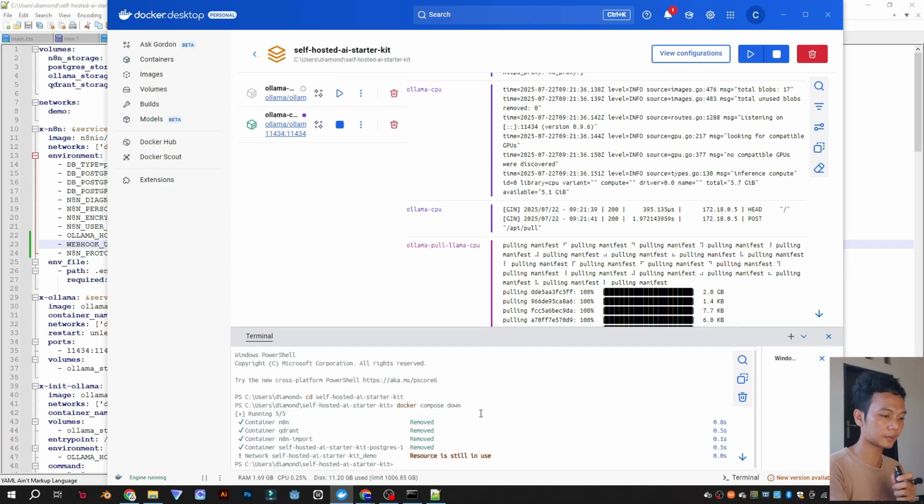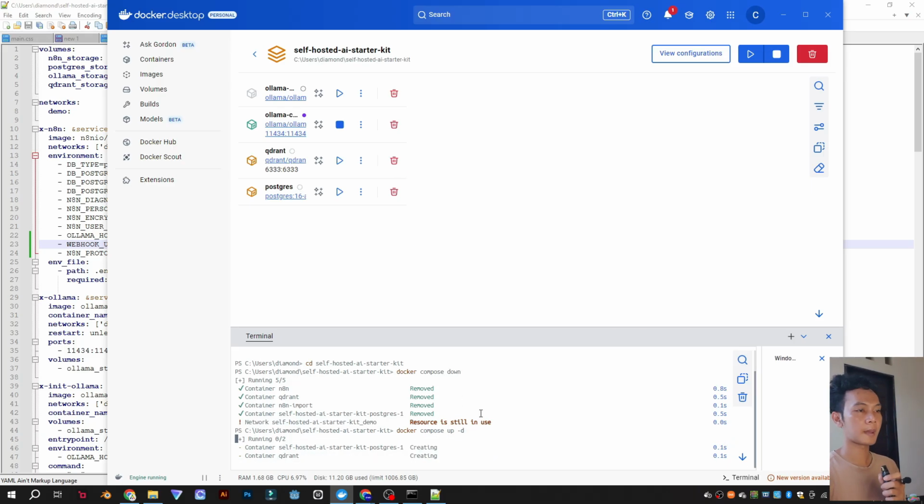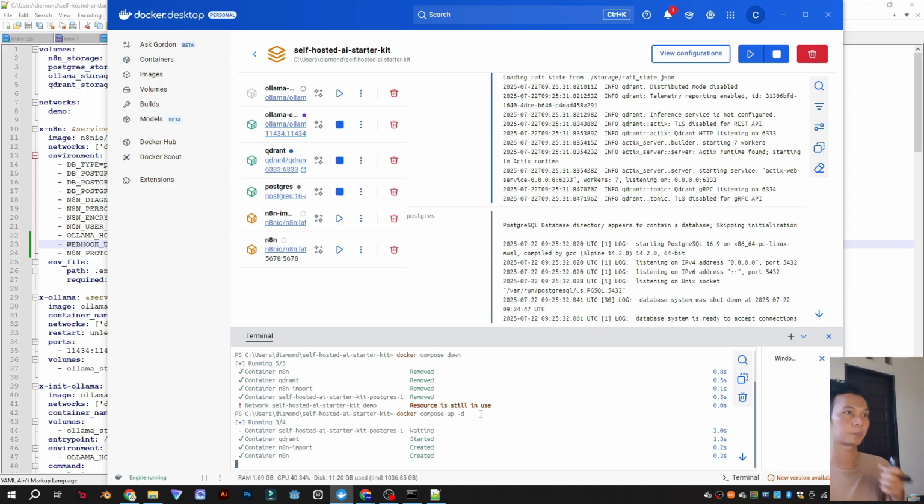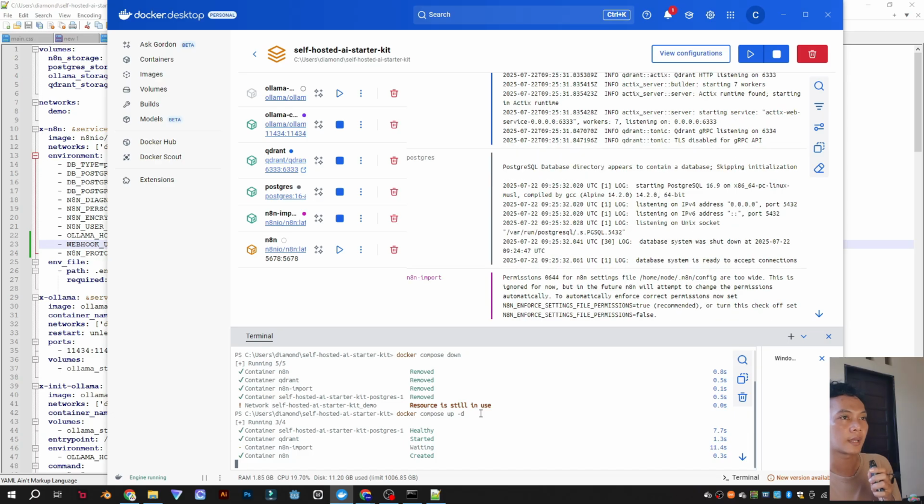After that, let's write docker compose up -d, everything. So maybe this will work. Let's take a look. Wait and see.